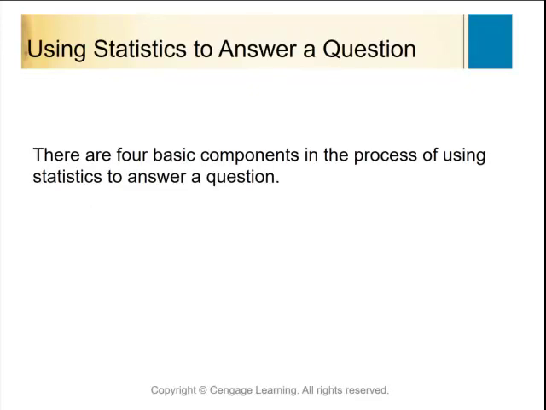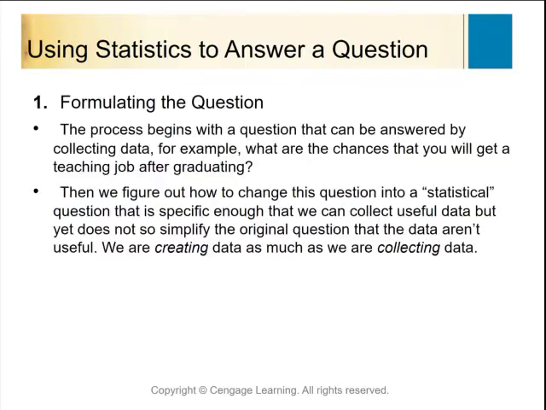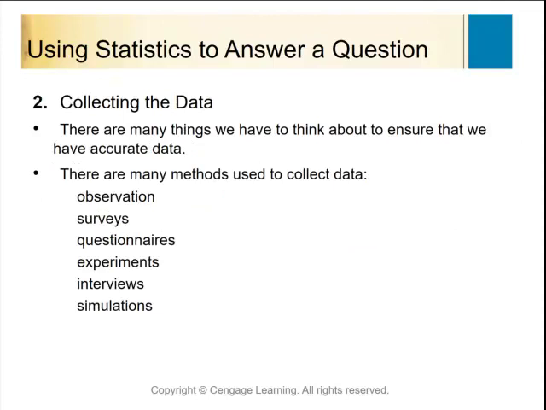So we have 4 basic components whenever we are trying to answer a question. The first thing we need to do is formulate a question, and we're going to need to figure out what it is that we need to ask somebody so that we can collect that data, so that we can have a good idea. Now, one thing about statistics is it is very fuzzy. It's got a lot of gray areas, so there's not necessarily a clear right or wrong answer. It's just how can I best answer a particular question is what you're doing whenever you're looking at statistics,